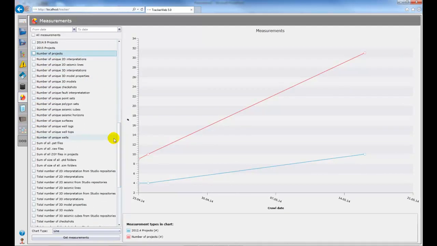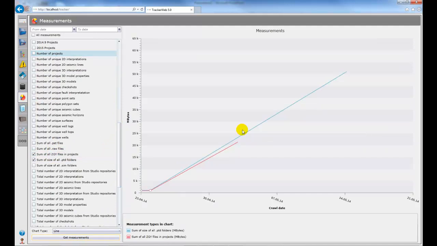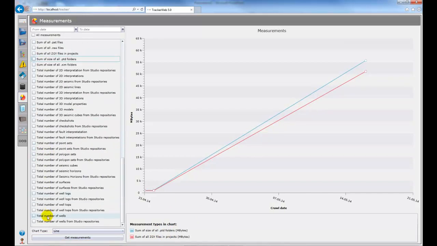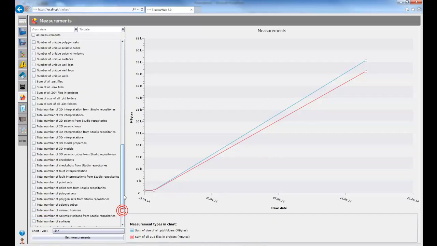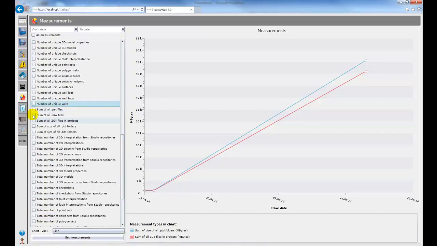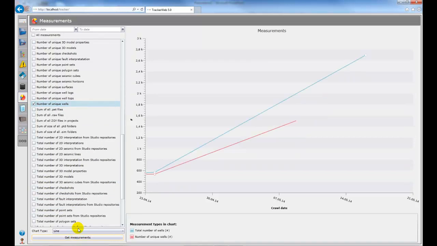In these measurements, we can also look at growth in file sizes over time, looking at the project folders and the seismic data growth. And we can also look at the growth of individual data in, say, total number of wells versus unique wells. So this is a measurement of how much you're using the reference project tool, and we can see in my data set I have some